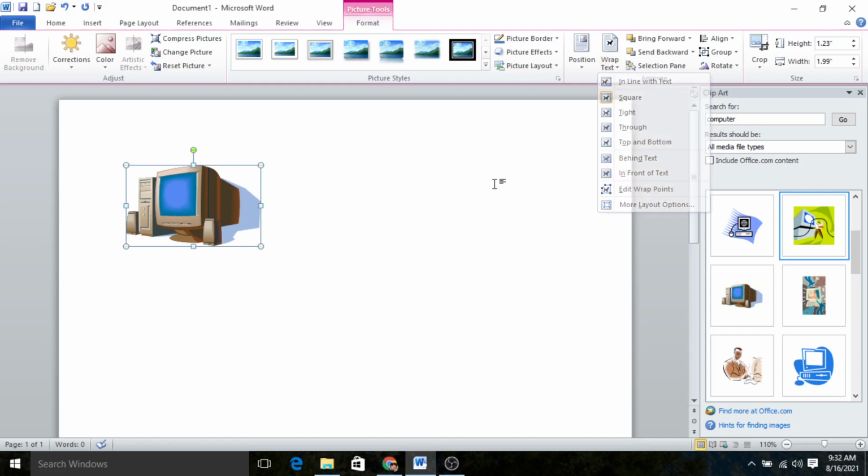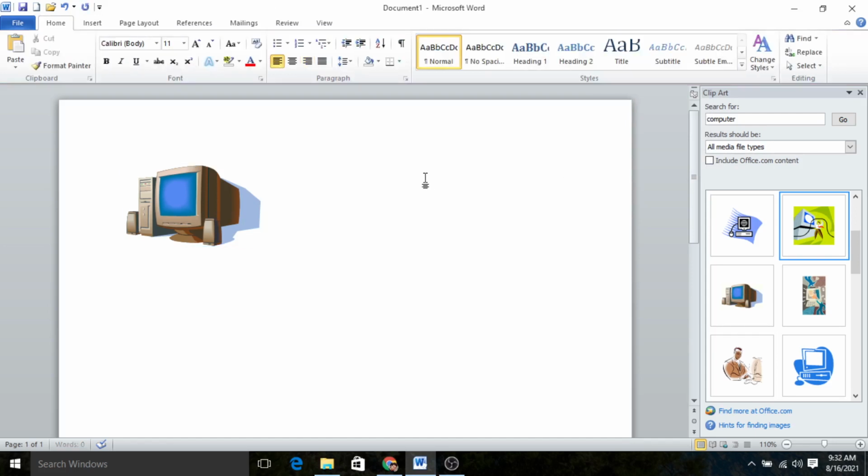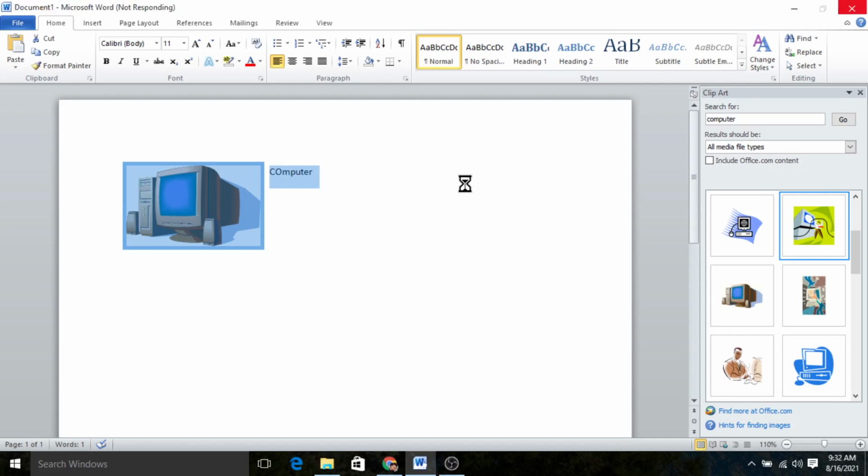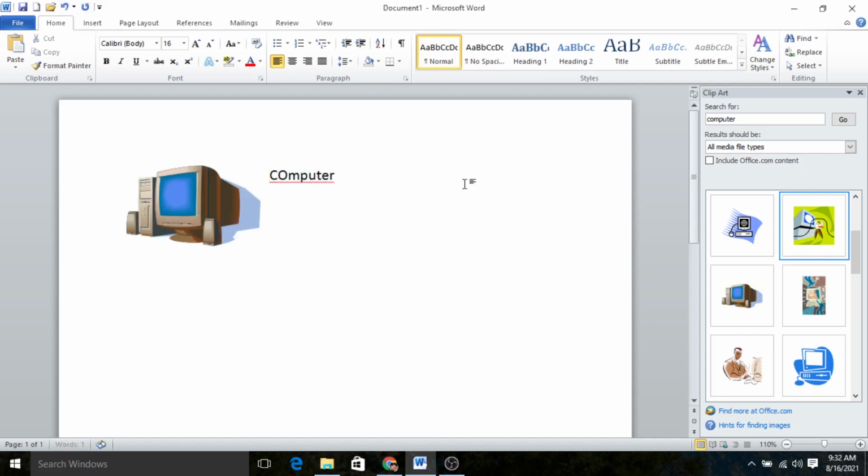Like here I have written computer, here I am going to write COMPUTER. Let me make it large first. It's not responding, just wait for a minute.